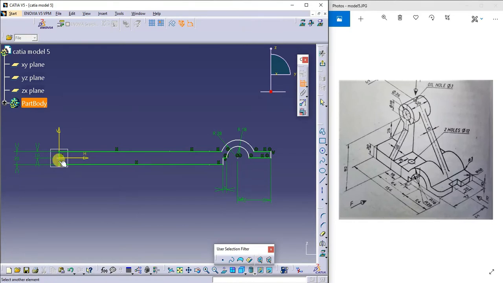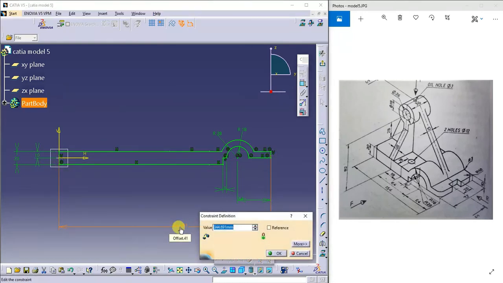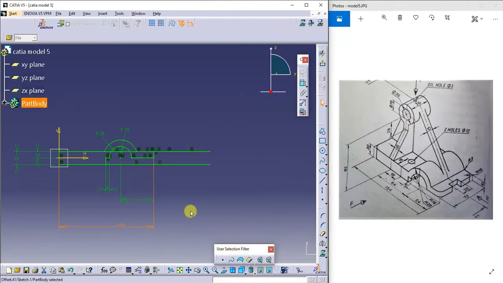Then from here to here, this is 154. So why is it taking like this? Let me see.